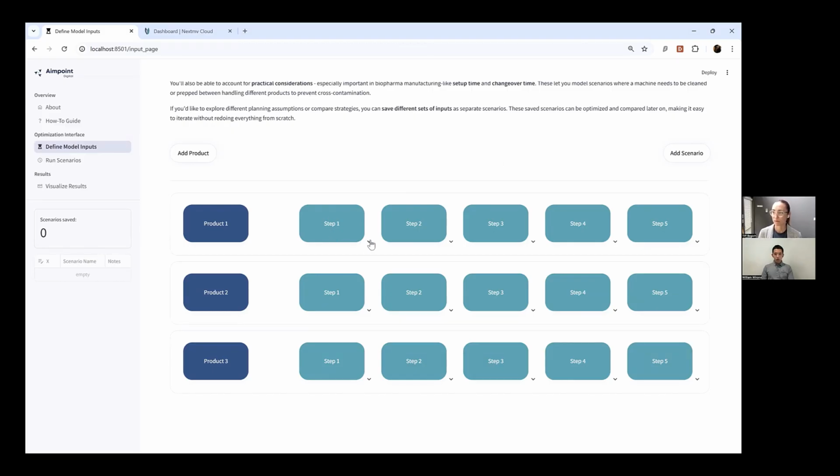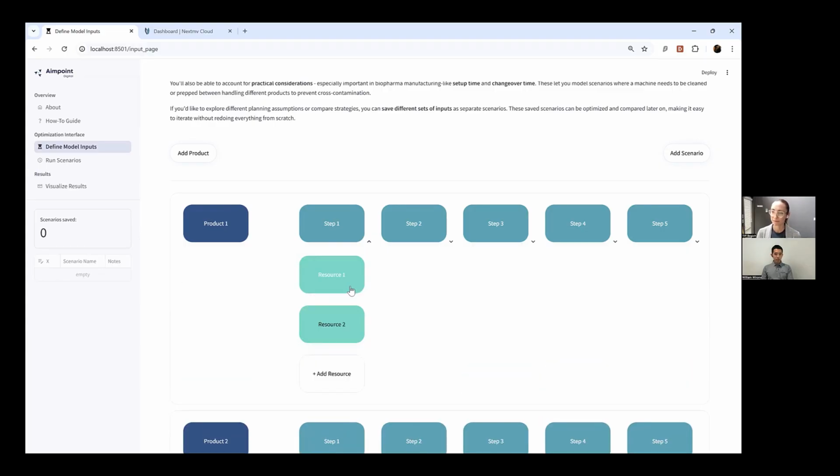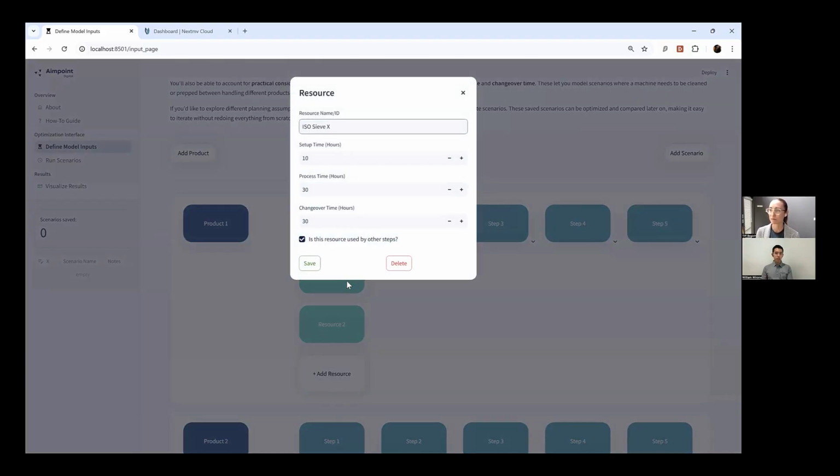You might notice this small arrow next to each process step, right? And so if I were to click here, we can basically assign specific machines to each step, specific resources to each step. This is where our resource constraint comes into play, right? For each resource, we can define things like setup time, process time, and critically in this case, changeover time. Changeover time is the cleaning time basically required between different products to avoid cross-contamination from occurring, especially in an FDA regulated environment. And again, right, this is a perfect example of a business rule that's easy to overlook,